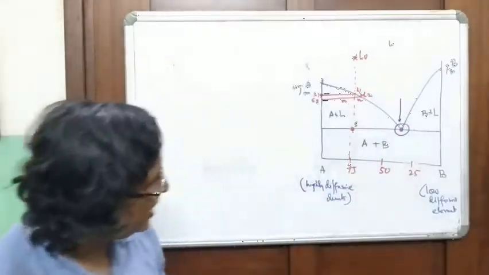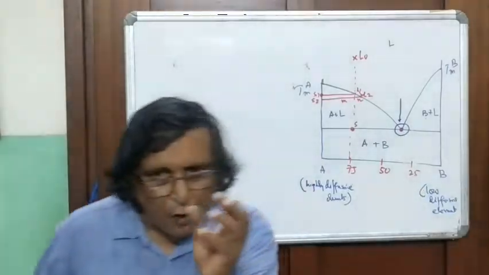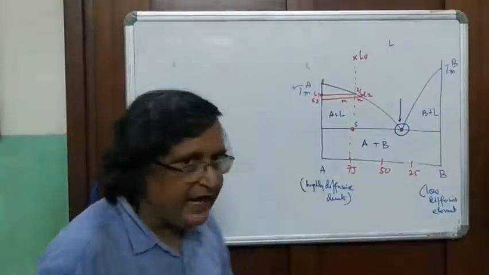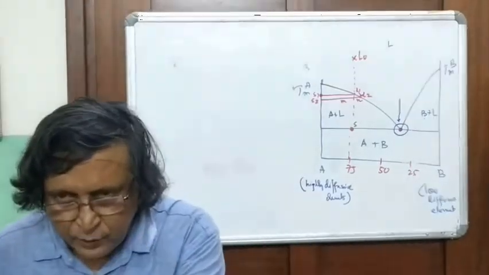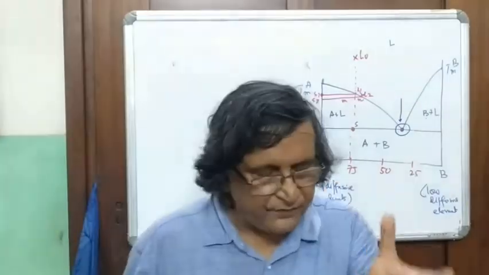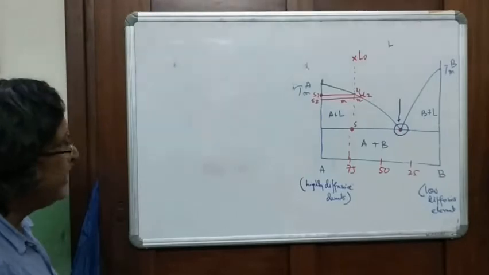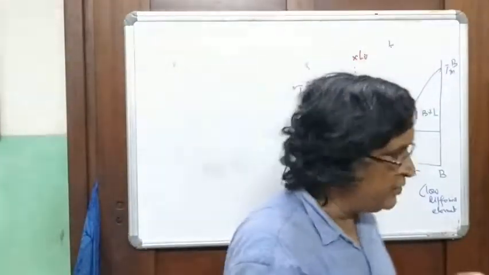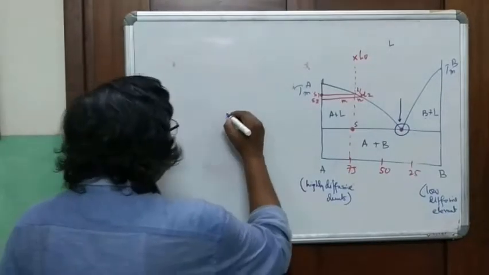Then the chances are that B will form more nucleation zones and smaller crystals, and A will form fewer nucleation zones and larger crystals. So sometimes you come up with situations, and it's a fairly common situation, that you have